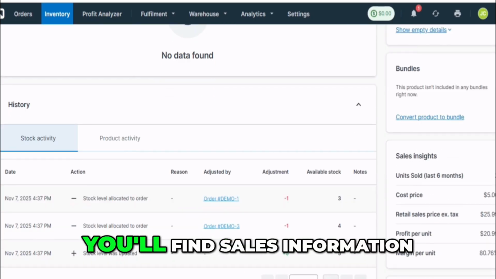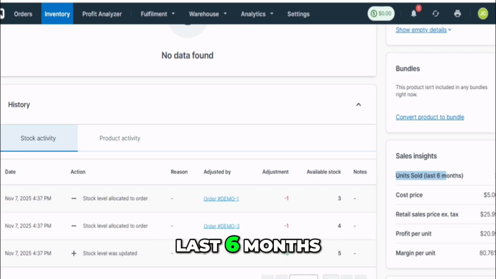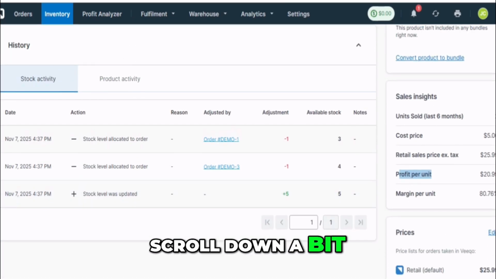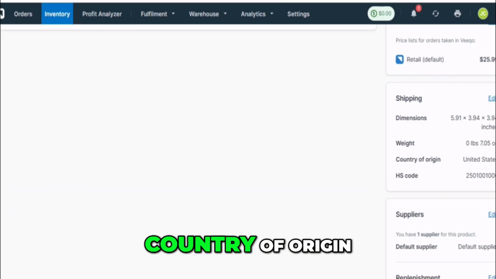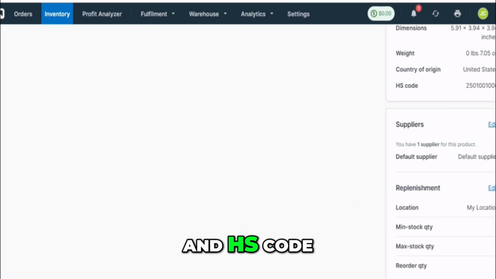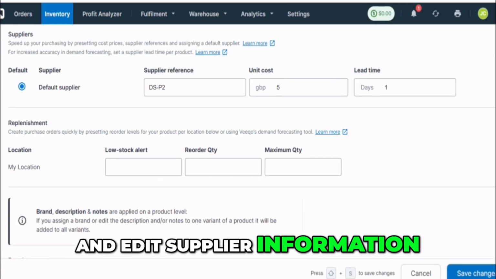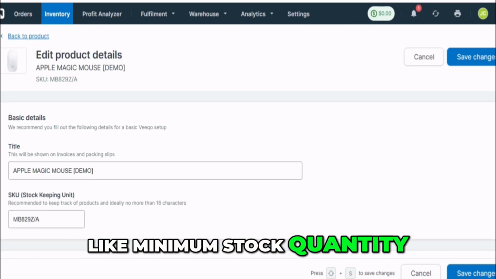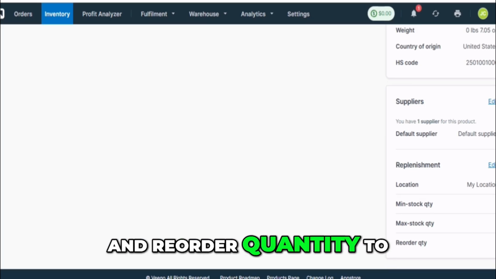In the same view, you'll find sales information, like how many units were sold in the last 6 months, the cost price, sales tax, profit per unit, and margin per unit. Scroll down a bit and you'll see shipping details, including the product's weight, country of origin, and HS code. You can also view and edit supplier information if you need to. Finally, you can set things like minimum stock quantity, maximum stock quantity, and reorder quantity to make sure you never